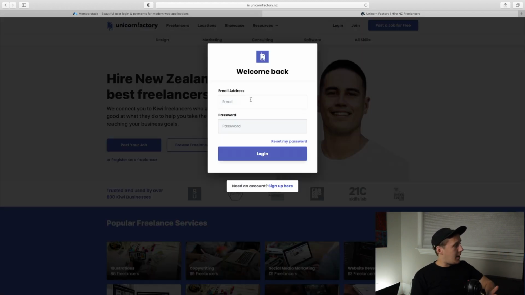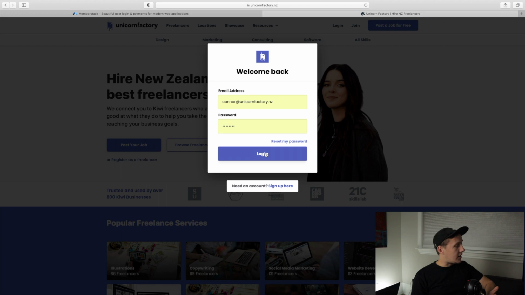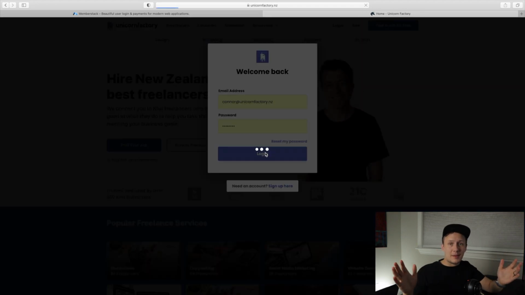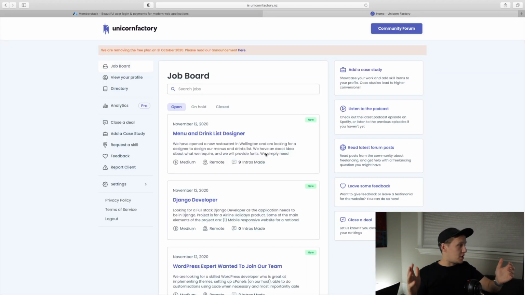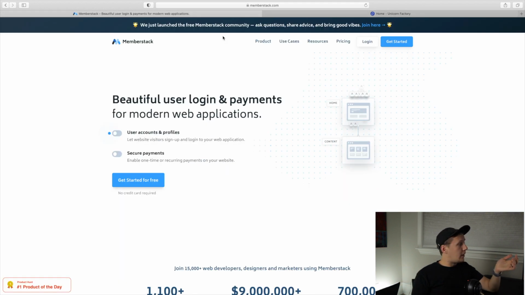So for the longest time, user accounts was the most requested feature on the Webflow wishlist. Not being able to have user accounts made it really difficult for me to do things like Freelancer Dashboards, or even just doing simple things like allowing freelancers to update their profiles. I would always have to manually send them update links, and over time that just really makes it difficult to take on too many freelancers. So luckily,